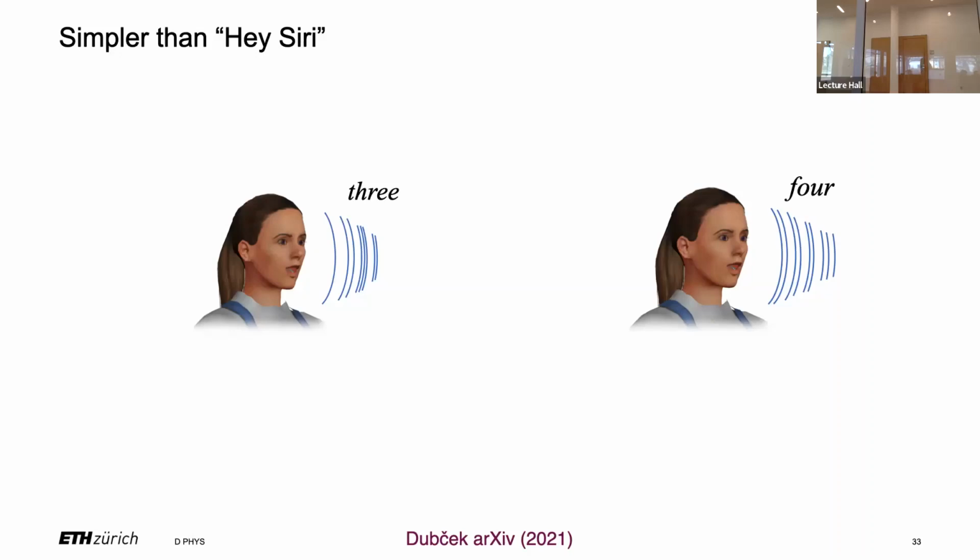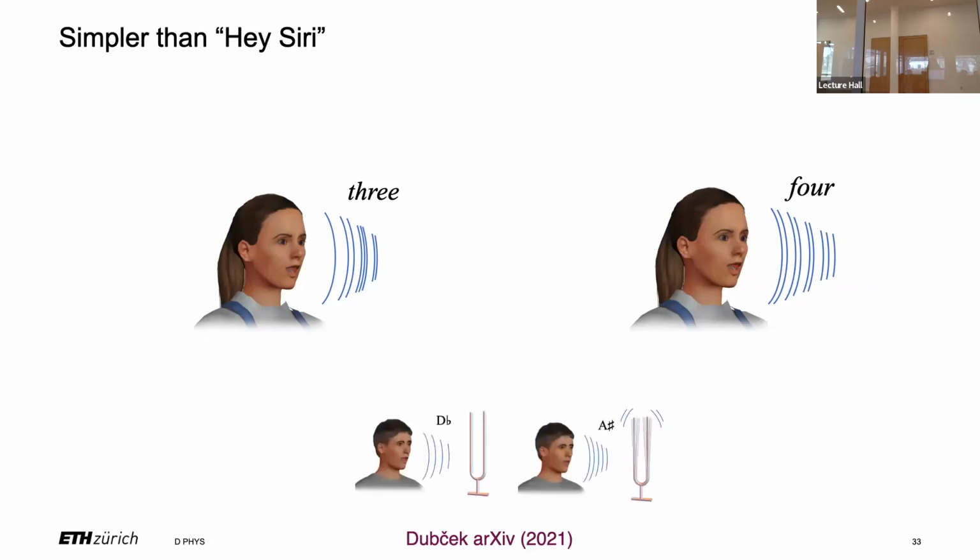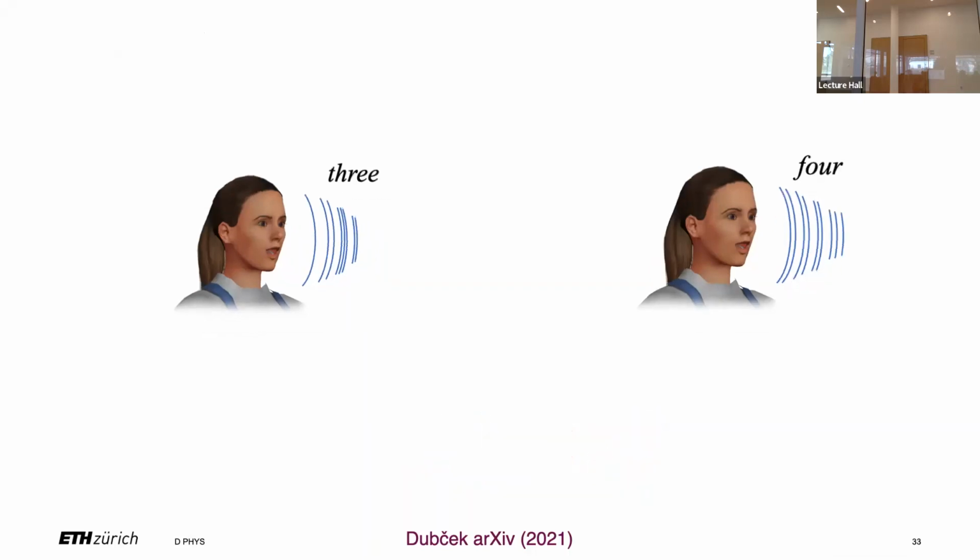And with mechanical degrees of freedom, of course, that's not entirely hallucinated because there is a mechanical device that can distinguish between one pure tone and another, and it's called a tuning fork. Right? A tuning fork reacts to a very specific spectral feature. And what we try to do is just a slightly more complex spectral feature than a pure tone, a 3 and a 4. So that tells you that most probably it's going to work, or at least there is a good reason why it could work.